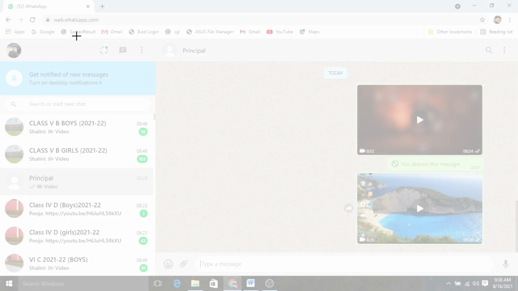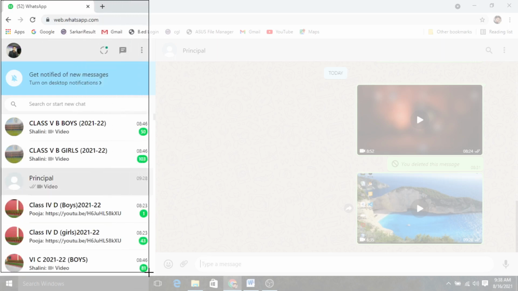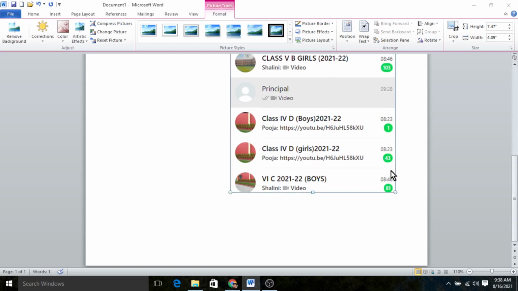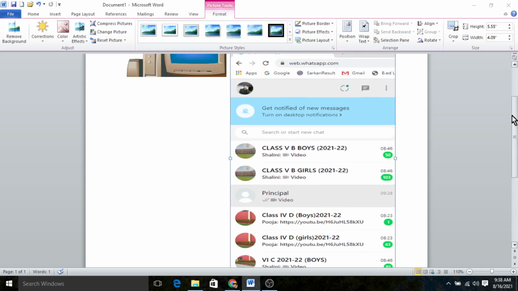Now it has taken, you can select an area which you want to select. Like I would like to use this area. So here see, this area has been clipped and pasted on your document. You can use the same options to increase or decrease the size, to remove the unnecessary part, and to change the position. All those options which I have taught you, you can use.